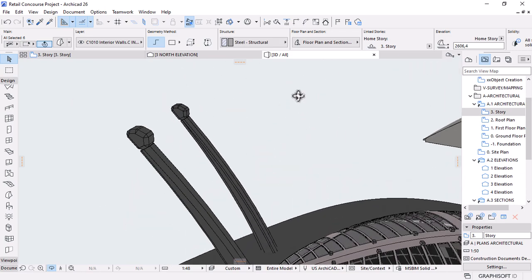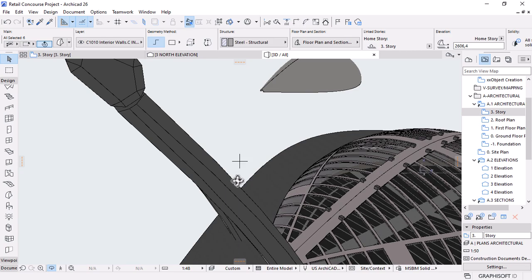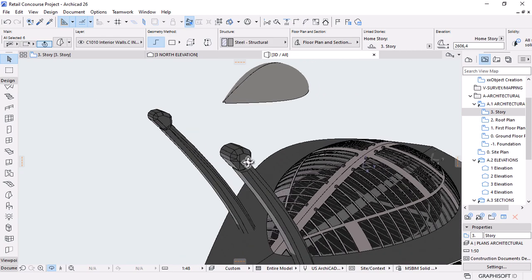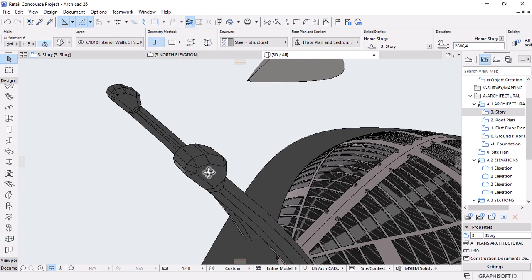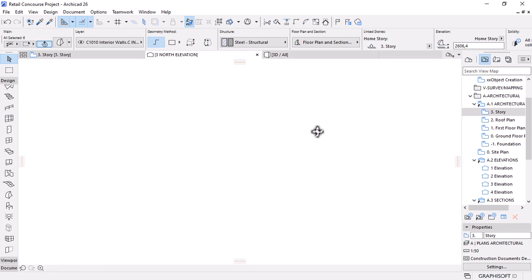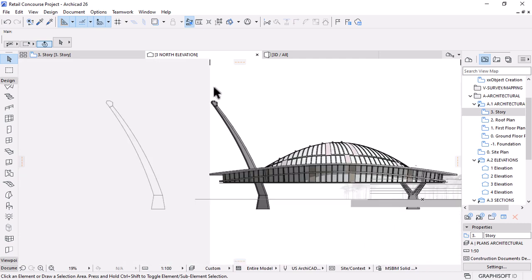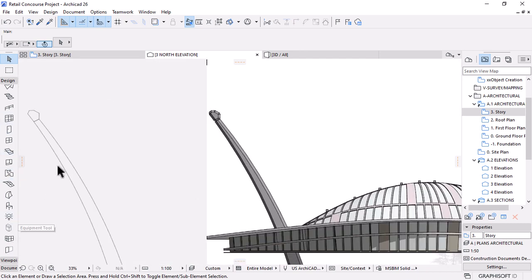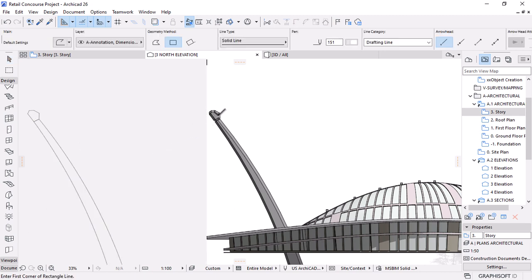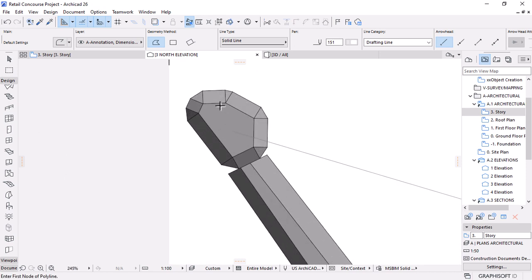Yeah, we are having the connection of the cables on this side, so I need to have all these elements that are connecting. So let me see on the elevation the possibilities. So if I take it from here, okay, that's the idea. Okay, that means I need to sketch